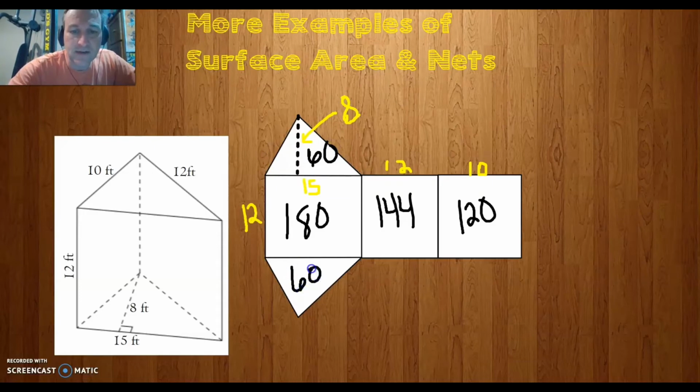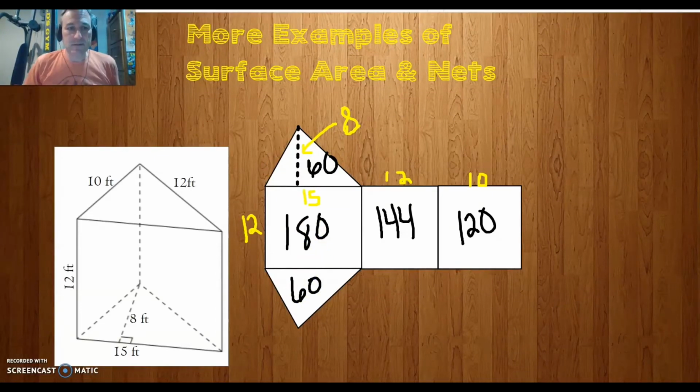And 60 here. And then all that's left is to add them all up. So when we add all this up, what I would do is I would go, okay, here's 180, and 60 and 60 is 120. And 180 plus 120 is 300. And then here's another 100, that's 400. Here's another 100, that's 500. 540, 560,